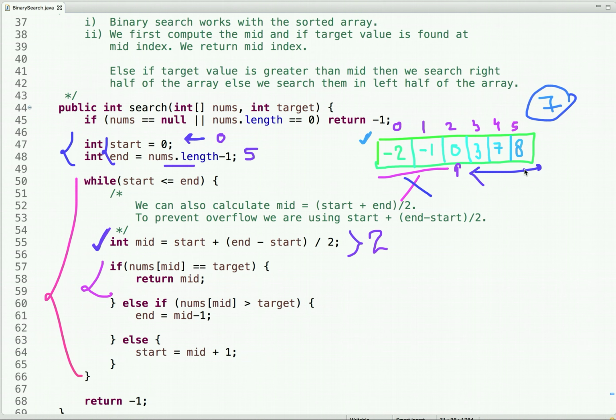So the next two conditions decide in which half we have to search for this value. Basically, the condition is: is the value present at this index greater than the target value? Is this condition true? No. Is the value present at this index less than the target value?